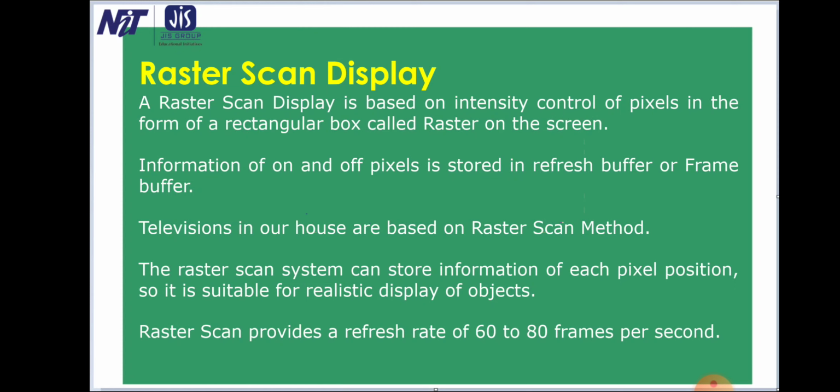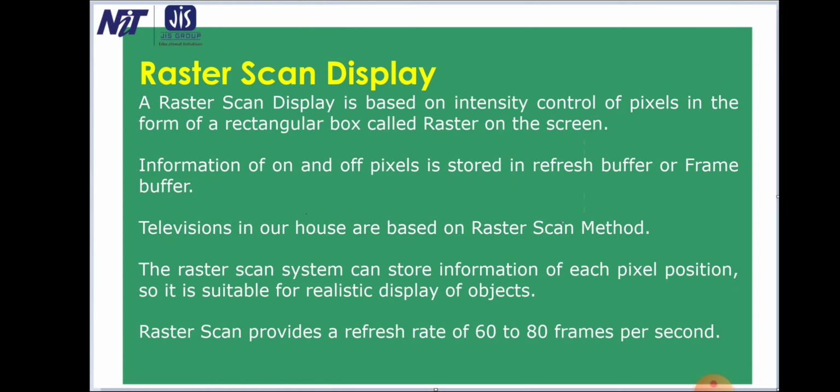If we talk of resolution, in raster scan display the resolution is poor because the raster system in contrast produces zigzag lines that are plotted as discrete point sets. In random scan system, the resolution is good because this system produces smooth line drawings as the CRT beam directly follows the line path.